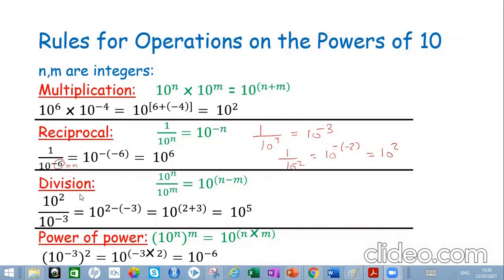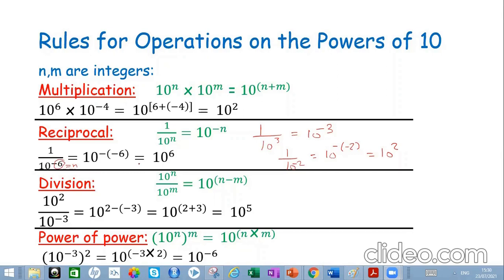So now the division: 10 to the power of n over 10 to the power of m is equal to 10 to the power of n minus m. So we subtract the power in the denominator from the power of the numerator. For example, 10 to the power of 2 over 10 to the power of minus 3 is equal to 10 to the power of,